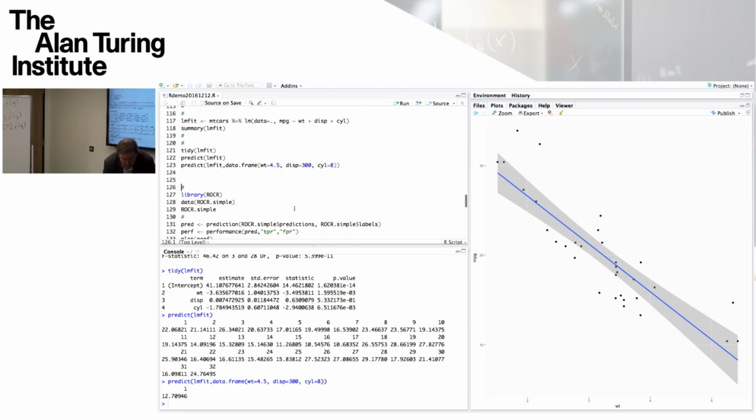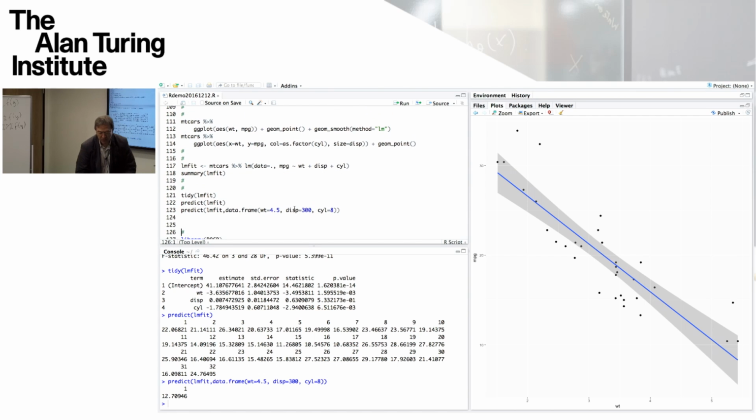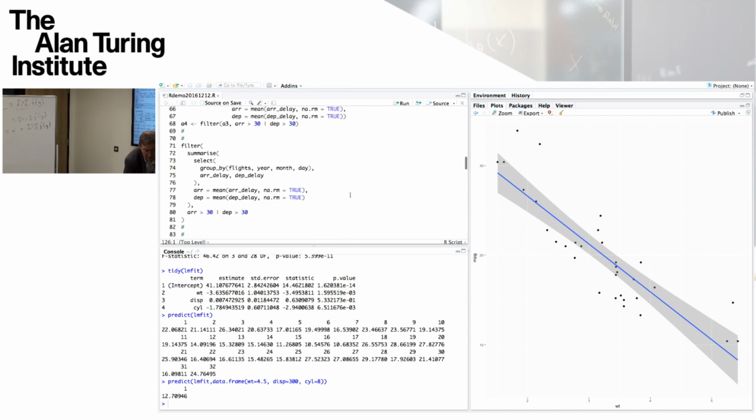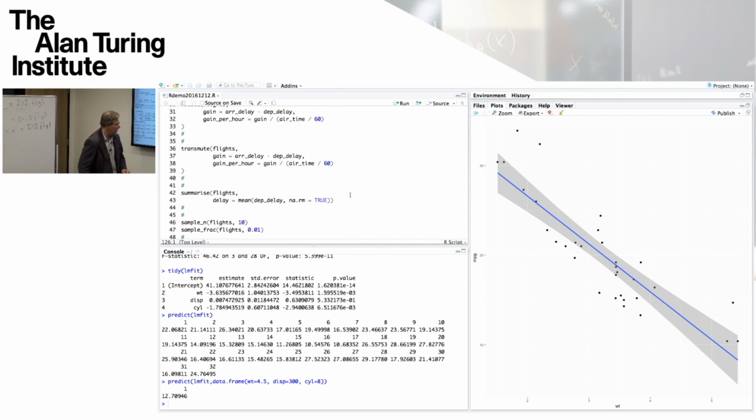Okay. Now, what I think I'll do is use the remaining time to talk a little bit about our notebooks and the way in which we can produce this kind of reproducible research, where the R and the markup are simultaneously stored in the same file. There are a few more examples of dplyr in this file, and I'll make this available to people. But I think it's probably better if I switch to look at the markup type things, the notebook type things.